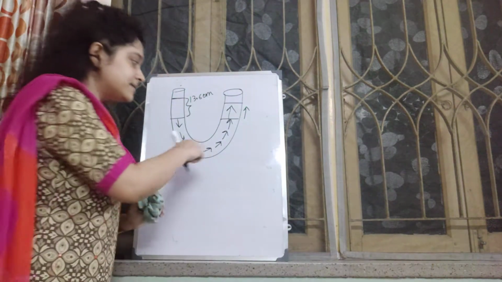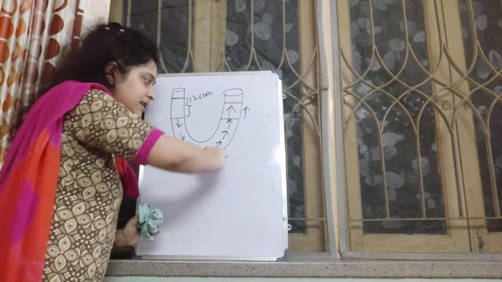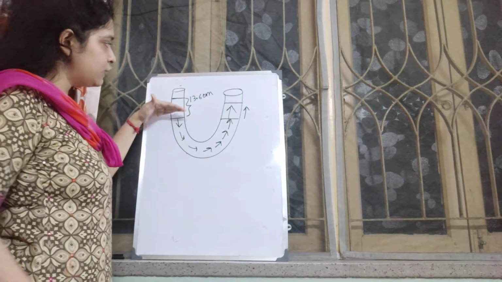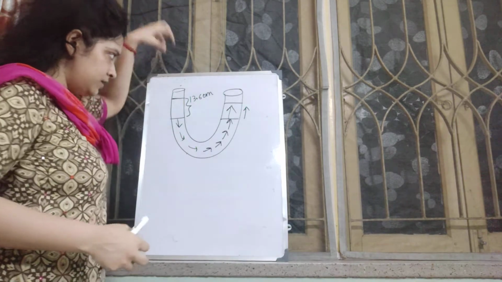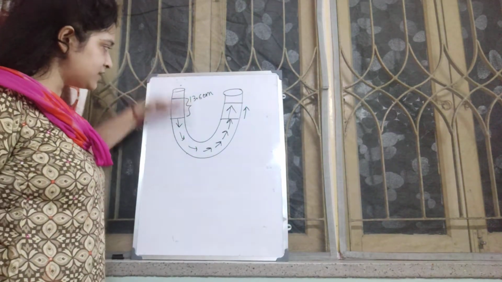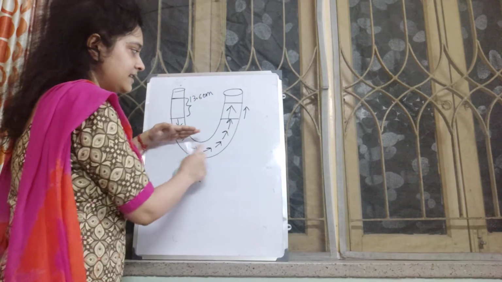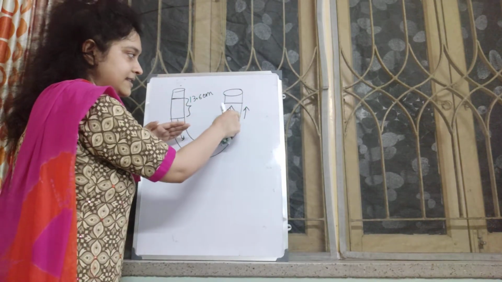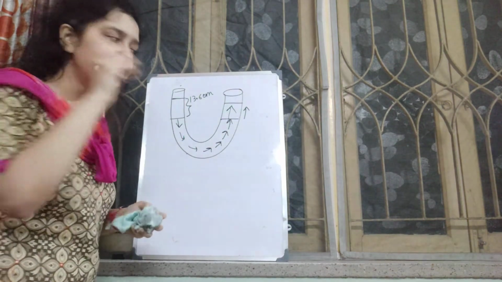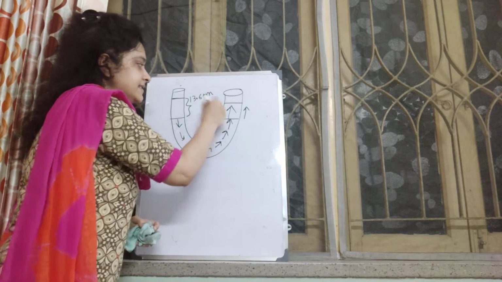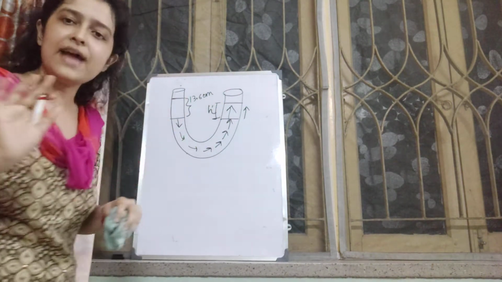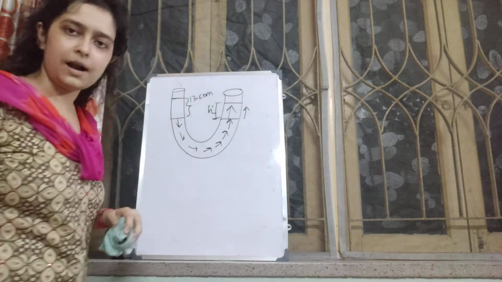Mercury level will rise. This is because the pressure is equally transmitted. When you pour some water, that water has its own thrust, it applies some pressure on the mercury level. As a result, this pressure is equally transmitted, and the mercury level in this U-tube rises. You have to find what the rise is. Say H, or say H prime, is the rise in the mercury level in this arm.